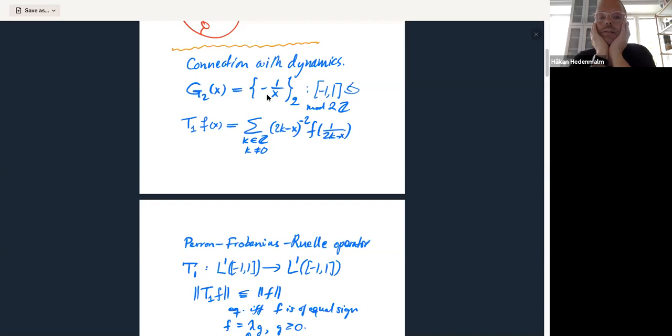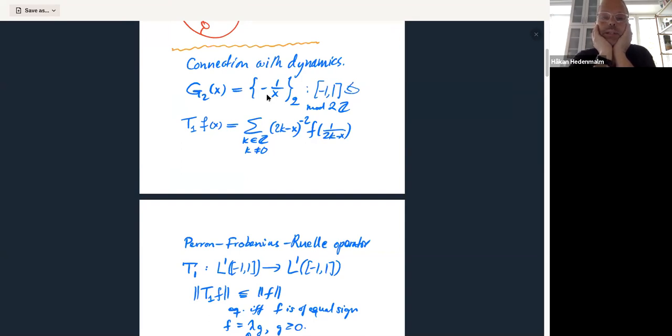Then -1/x could be quite big, but you want to keep it in this interval -1 to 1. What do you do? You add or subtract an even integer. By choosing the right even integer, you can force it to be in the interval -1 to 1, and you get a